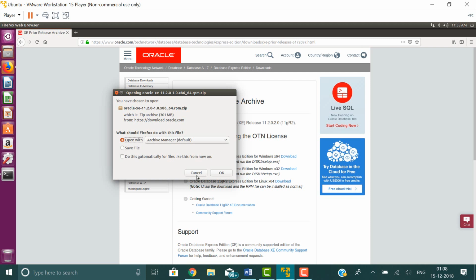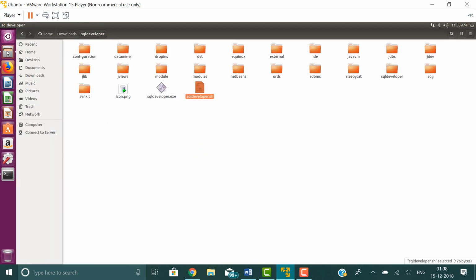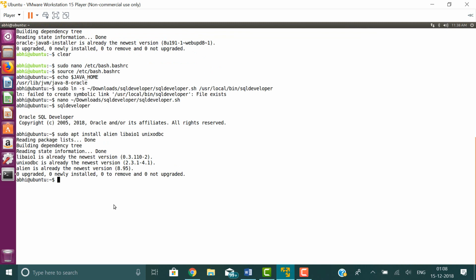Since I have already downloaded this particular zip file, I won't download it again. Once you have downloaded it, it will be available somewhere in your downloads folder, something like this. Once you extract this zip file, you will get a folder named Disk1 under which your database would be available. Now the next job is to convert this RPM based package into Debian based. For that, we will first get into the directory of our database. That will be available at cd Downloads/Disk1,